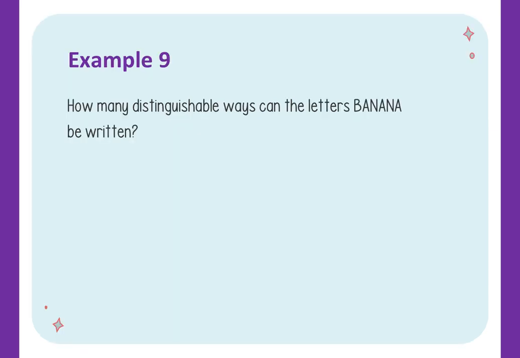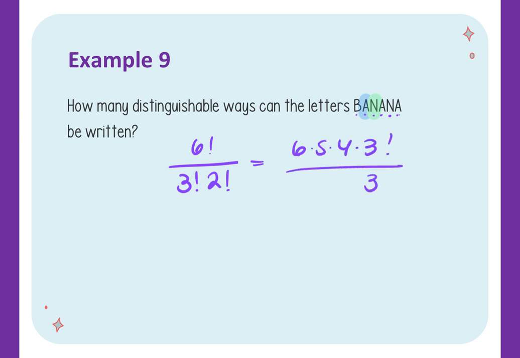All right, example 9. How many distinguishable ways can the letters banana be written? Try it. All right, so start with n. How many total letters are there? 6. So that's my numerator. Which letters repeat? A repeats and N repeats. How many times does A repeat? 3 times. So that's 3 factorial. And N repeats 2 times, 2 factorial. So I'd get 6 times 5 times 4 times 3 factorial over 3 factorial